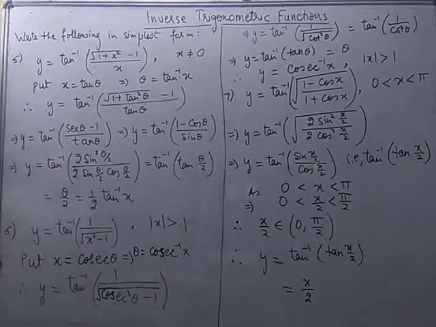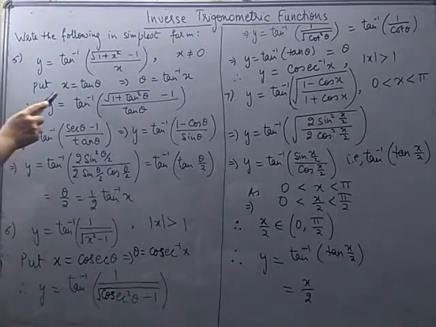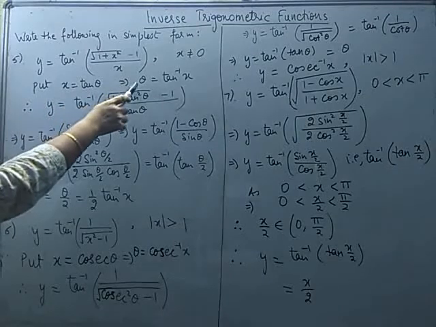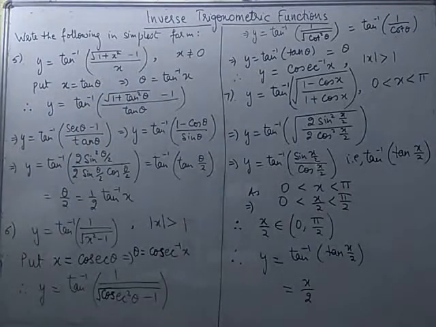You can recall all the three identities which you have learned in class 10th. Sin square theta plus cos square theta is 1. So sum of two perfect squares is coming out to be 1. We also know 1 plus tan square theta is sec square theta. So 1 is a perfect square, tan square theta is also a perfect square. So like this, you will see these three identities will be getting used very frequently. So I am replacing x by tan theta, so that theta is tan inverse x.